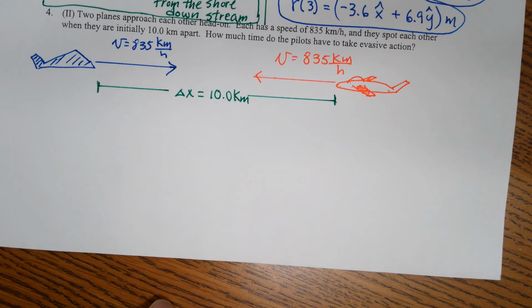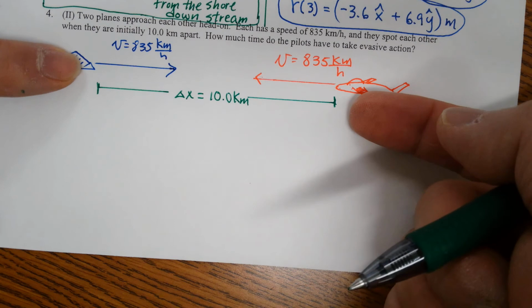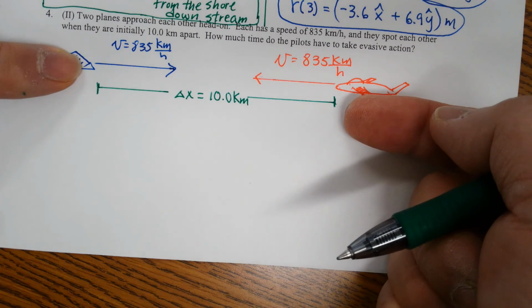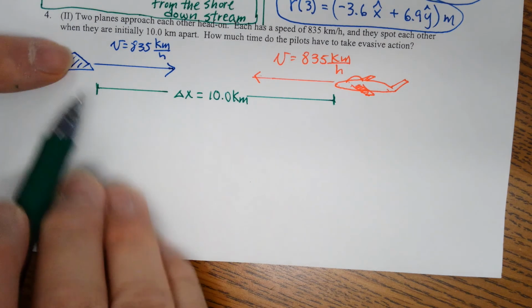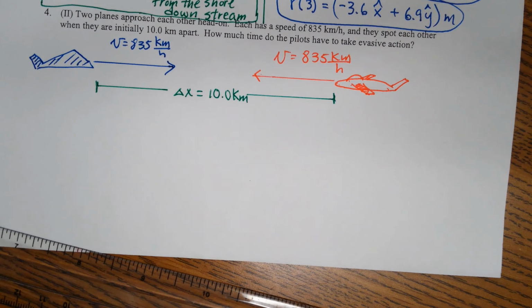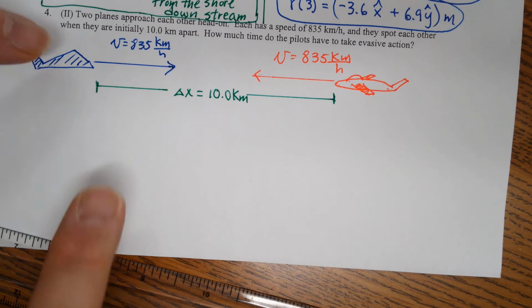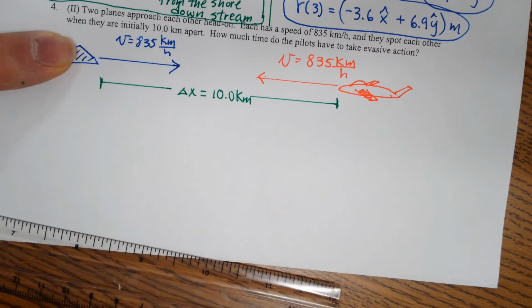How do we solve this? Relative to this guy, this plane's coming at how fast? This speed or this speed relative to this person? Let's say you're driving down the highway going 50 miles per hour and you see another guy coming at you at 50 miles per hour. How fast is that guy coming at you? 100. Yeah, 100. Because relative to yourself, you're not moving. So that guy's coming at you at 100 miles per hour. So according to this guy, this red plane is coming at like 1670,